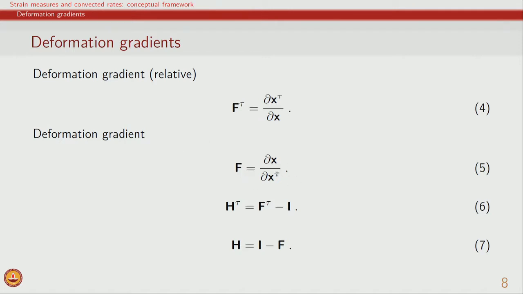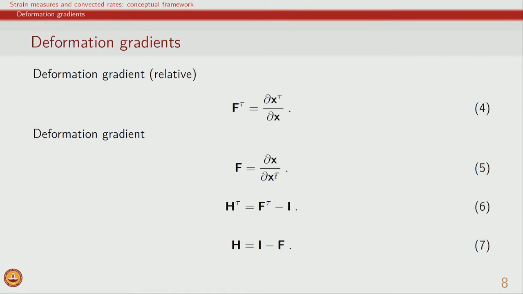for our course purposes. Most books which deal with solid materials actually will define x tau as a reference configuration, and therefore this will be called the deformation gradient with the base as the reference configuration. So, now having looked at the definitions of deformation gradients and displacement gradients, these are the quantities which are involved in defining the finite strain measures, and we have already seen some of the characteristics of these displacement gradients as